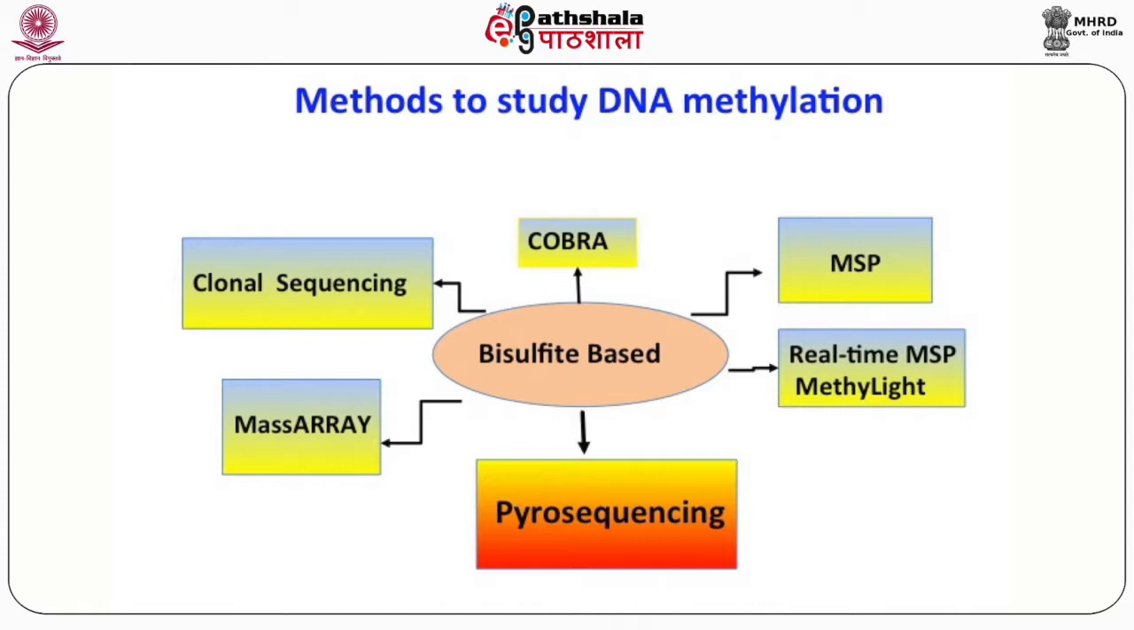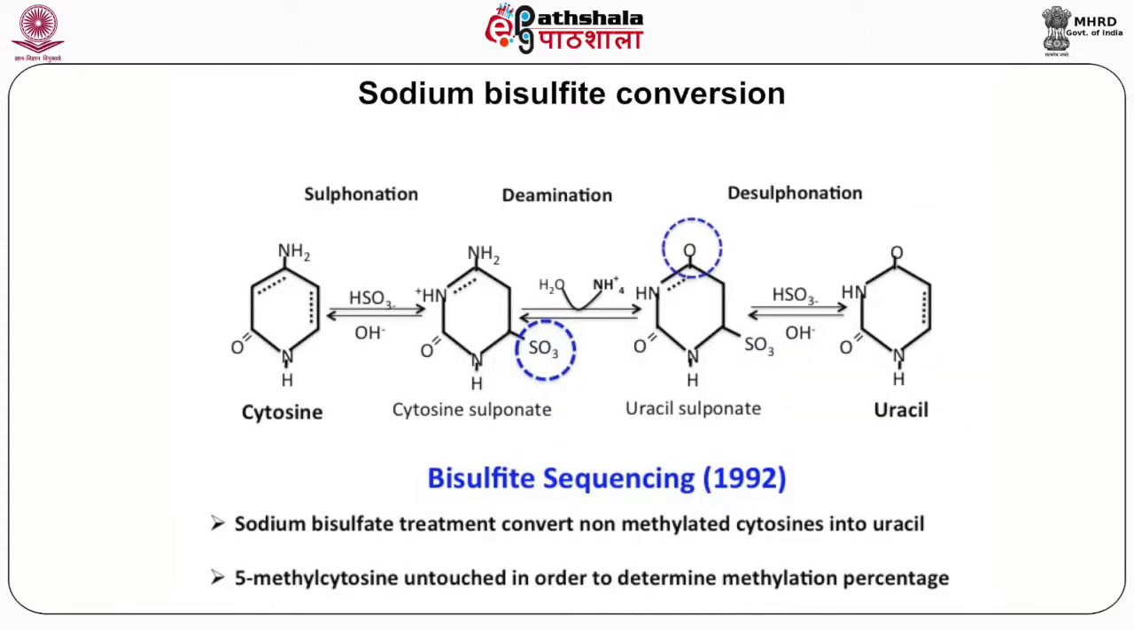Genomic DNA is treated with sodium bisulfite. The techniques based on sodium bisulfite conversion are MassARRAY, clonal sequencing, COBRA, which means combined bisulfite restriction analysis, methyl-specific PCR or MSP PCR, MethyLight, and pyrosequencing, which are used for analysis of DNA methylation. Sodium bisulfite conversion of genomic DNA to differentiate and detect unmethylated versus methylated cytosine is the gold standard